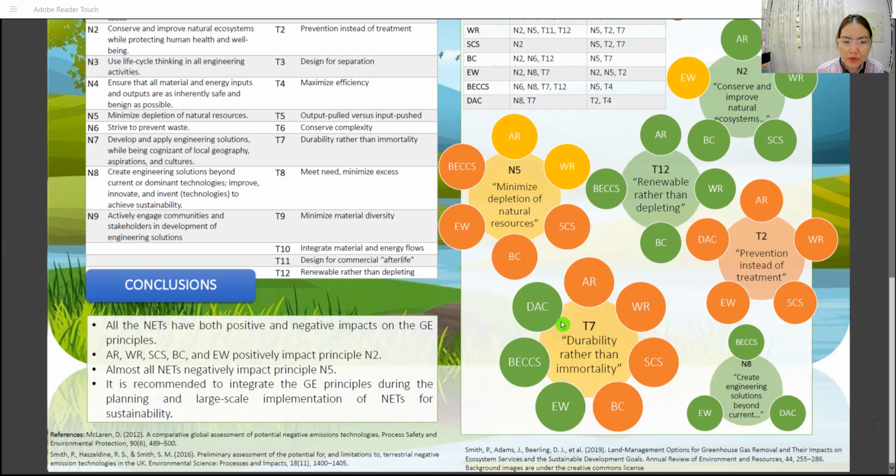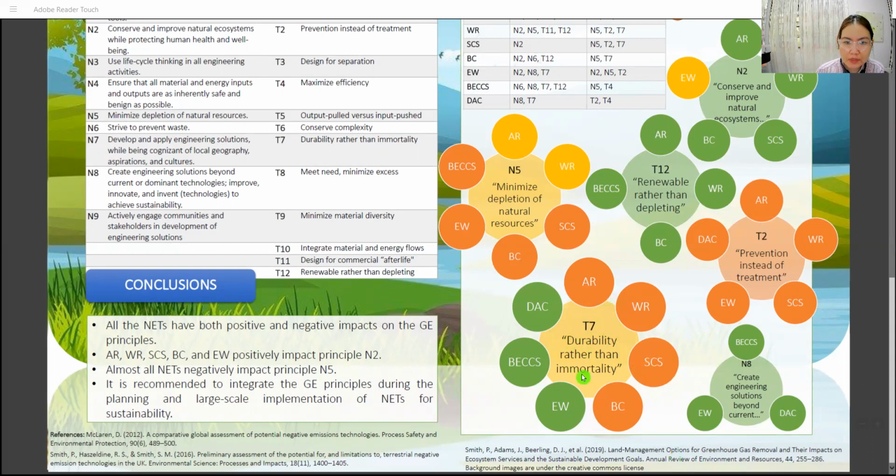Hence, they support Principle T7, which is durability rather than immortality. On the other hand, AR, WR, SCS, and biochar reach saturation over time. Some studies note that AR has an effective lifespan of 20 years, while biochar has 100 years, and thus